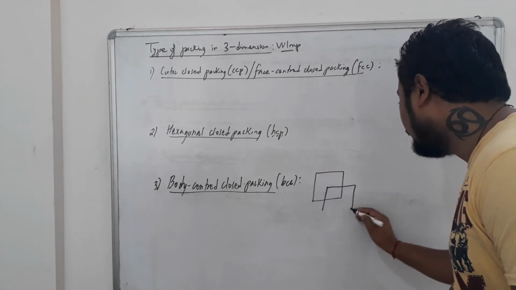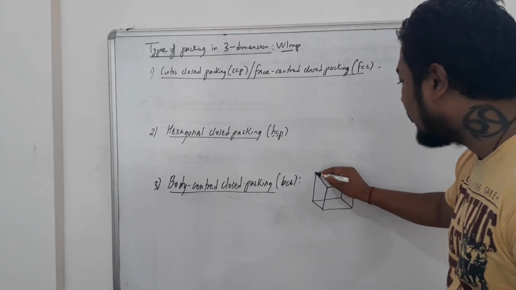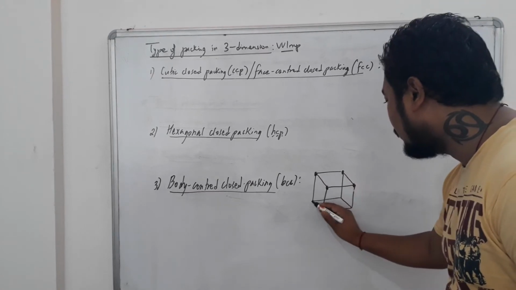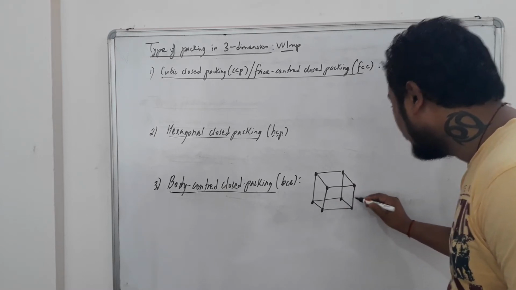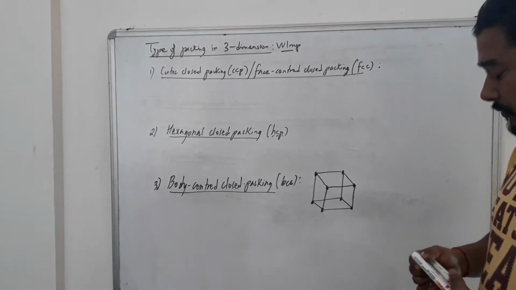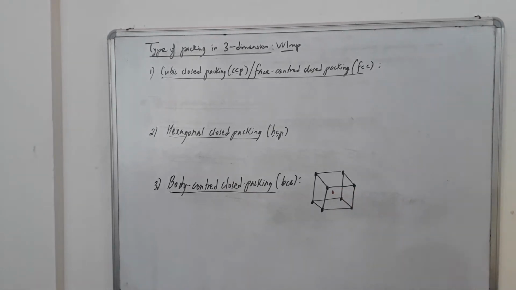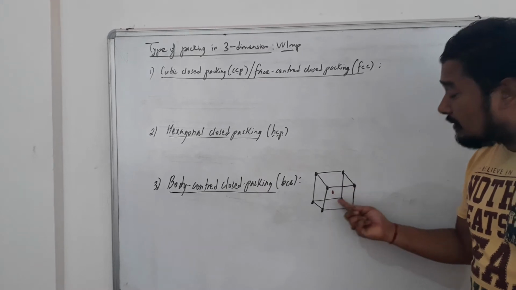So here we make a cube, and you know that in body-centered cubic unit cell, particles are present in the corners. Particles are present in the 8 corners, and one at the center of the cubic unit cell. So this is the picture of capital BCC. Capital BCC means body-centered cubic unit cell. Now I have made small particles out here.